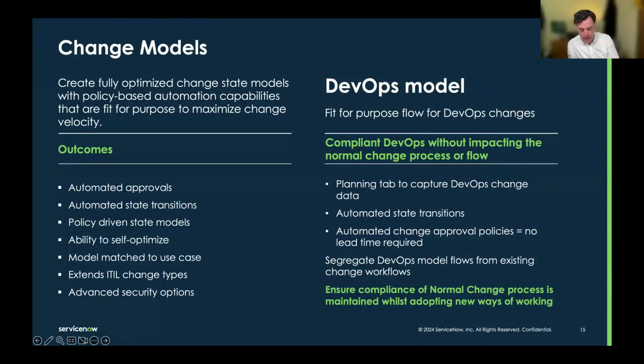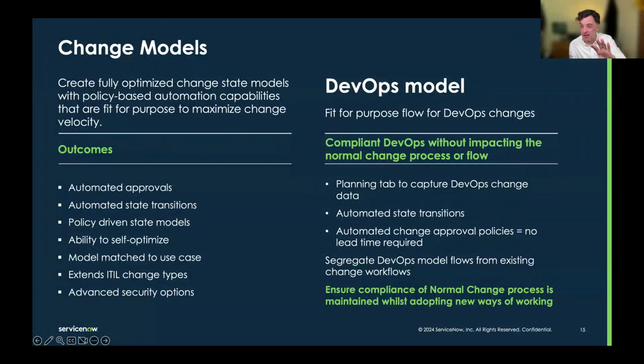I completely get the sentiment there, and I agree with it. What I'd like to see is actually just generally more templating of change, right? So making it easier for you to set up templates and have a catalog of things that you do, like a specific firewall change that you do, and maybe have approvals in that.